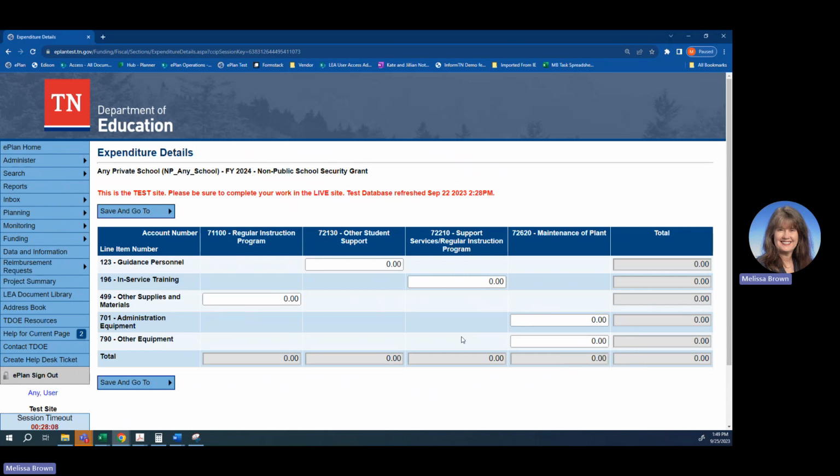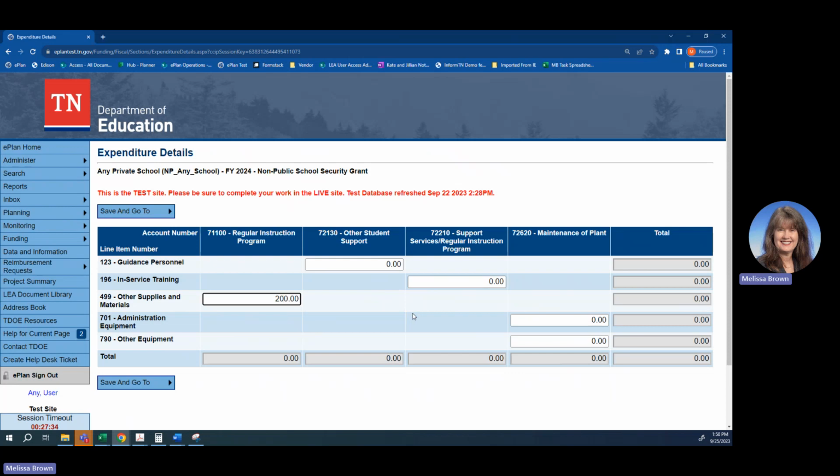In terms of which would be the recommended method, I would advise you to speak with Bennett and Kimberly and Josh from Tennessee Department of Education on how many reimbursement requests you should do. But you have the option to put all of the budgeted money in these expenditure details, or partial amounts. So I'm going to go ahead and put 200,